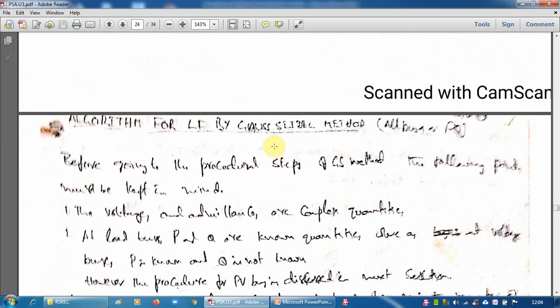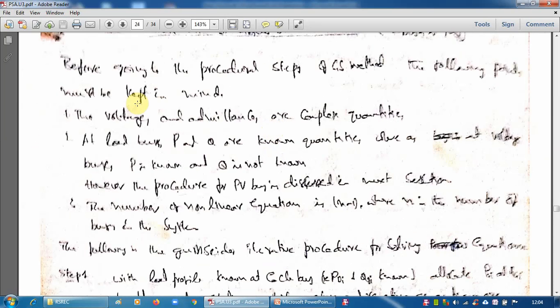This is the process, and the same process, just what we discussed, can be put in the form of an algorithm like this. You will also see this algorithm. Here this algorithm is nothing but the repetition of what we discussed so far. You can easily follow that.